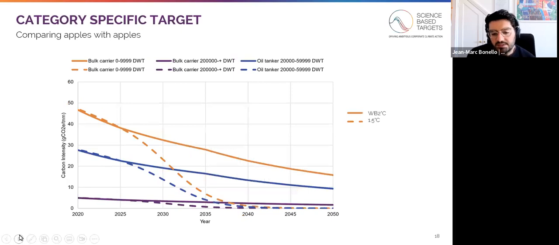As I mentioned, the SBTi, being sector specific and going into as much granularity as possible, has pathways that are specific to vessel types and sizes. Obviously, we know that all of these vessels have different operating profiles and different physical characteristics, which make the baseline carbon intensity different. So again, in the tool, we have embedded different pathways based on the baselines for different vessel types and sizes. So you can see every vessel type and size will have a different pathway, although the reduction will be the same. If we go to the next slide,